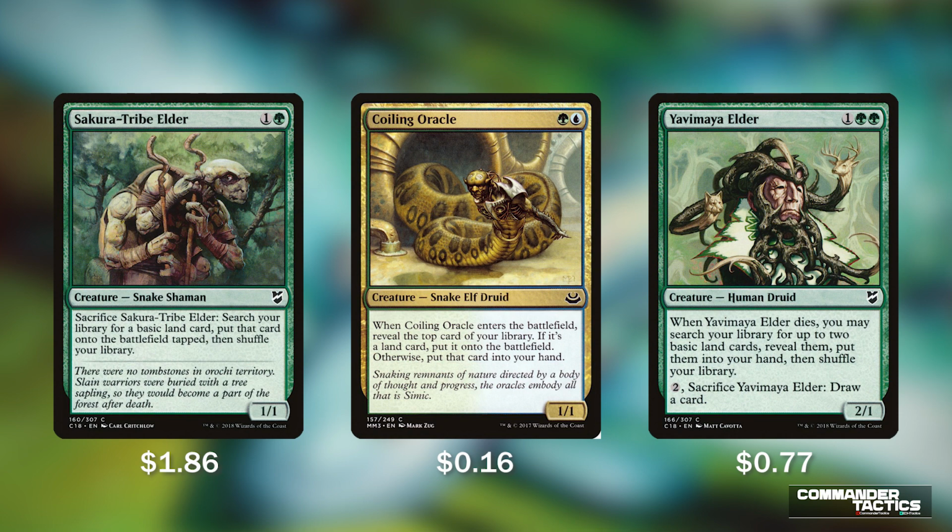Sakura Tribe Elder, we can sacrifice to search our library for a basic and put it onto the battlefield tapped. Coiling Oracle says whenever it enters the battlefield, reveal the top card of your library. If it's a land card, put it onto the battlefield, otherwise you get to draw it. And then Yavimaya Elder says whenever he dies, you may search your library for up to 2 basics, reveal them and put them into your hand, and you can pay 2 to sacrifice him. These are all great, cheap ramp creatures we can recur with Muldrotha to get extra card advantage and increase our